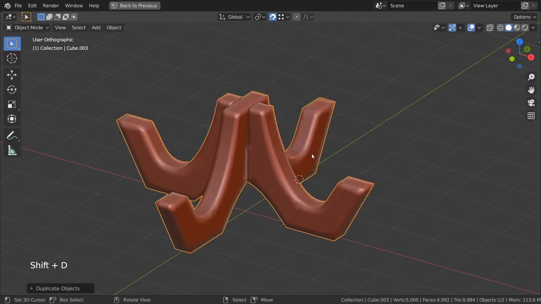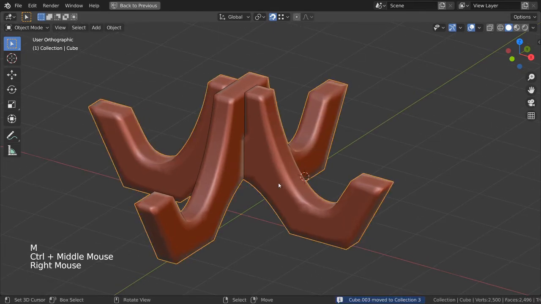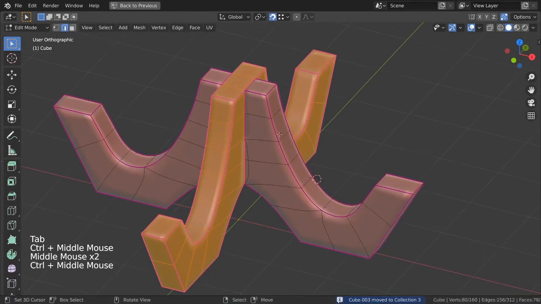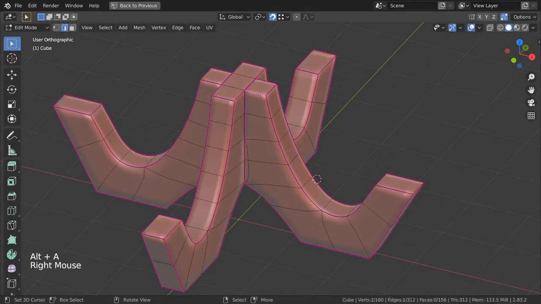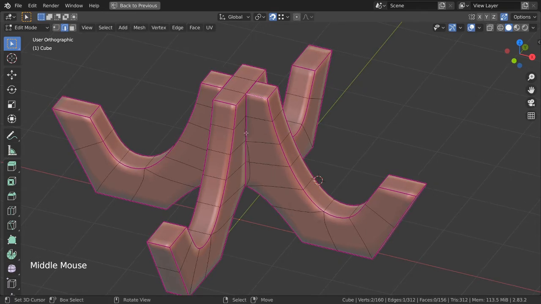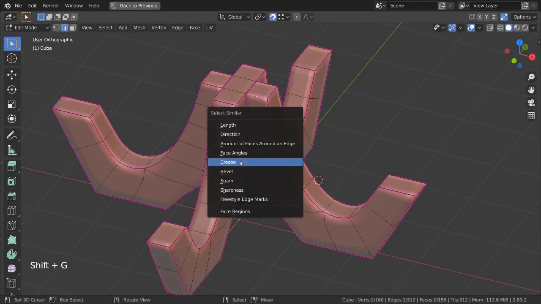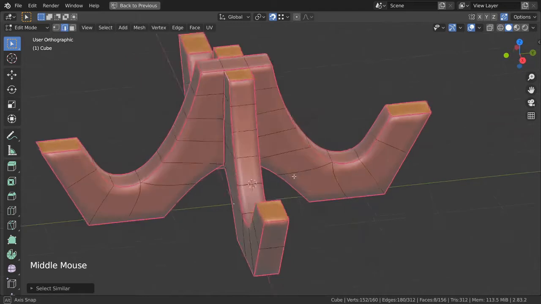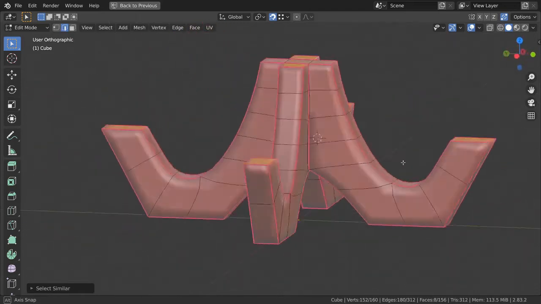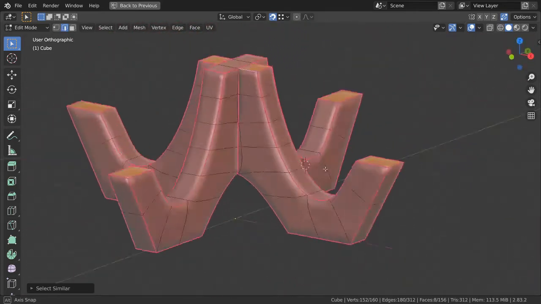Shift D, duplicate it again and move it to collection 3. Why? Because I'm going to do something destructive, obviously. Alt A. I selected one edge that has the crease. I'm going to go Shift G to select the creased edges. So I have all the creased edges right now, and then I'm going to start experimenting with the bevel,